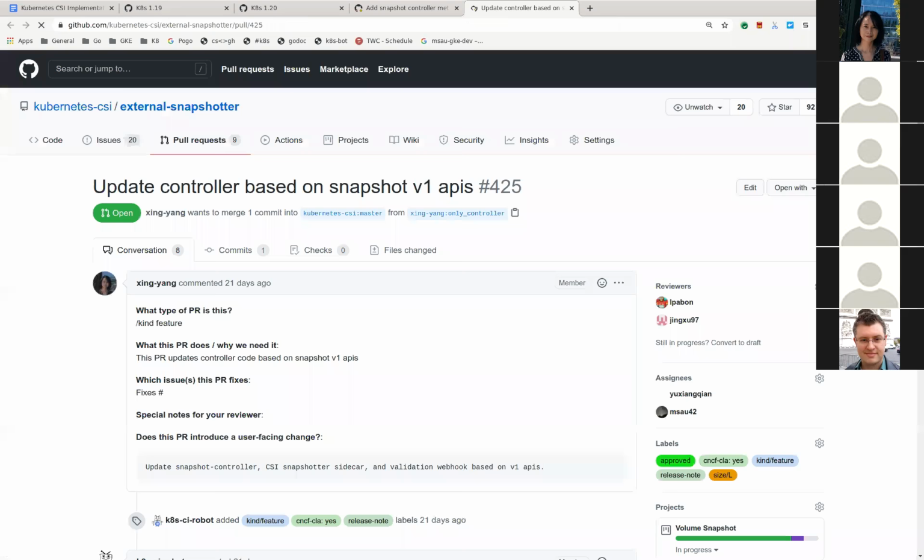So maybe one thing is, the controller is going to be using V1, so that's going to require the V1 API to be installed in the cluster, right? So you can't upgrade to this controller unless you also add the V1 APIs. Well, when they install the new release, both are installed anyway. Oh, you're saying they may choose to install only one, not both. We do have both. Okay.